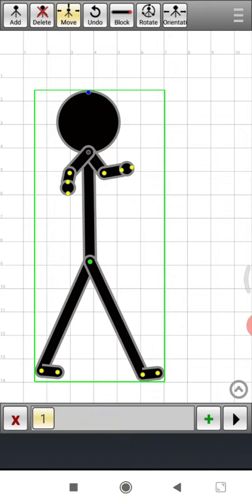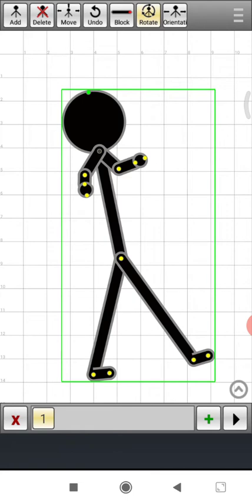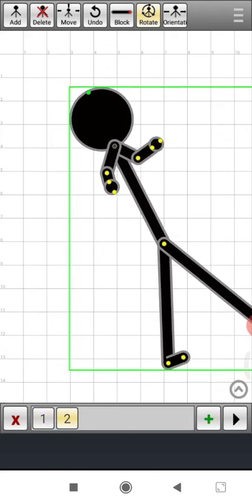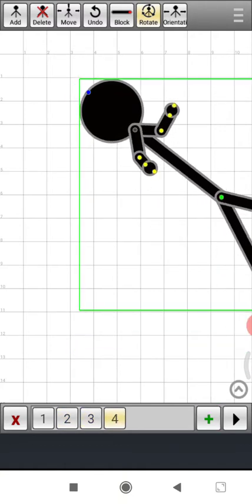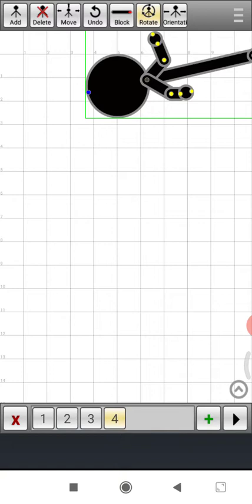Okay, so click the rotate button, then add frame. Just move first. Click on add frame, children, the plus button. Again move the stickman. Click on the plus button. Move the stickman, children. Click on the plus button.